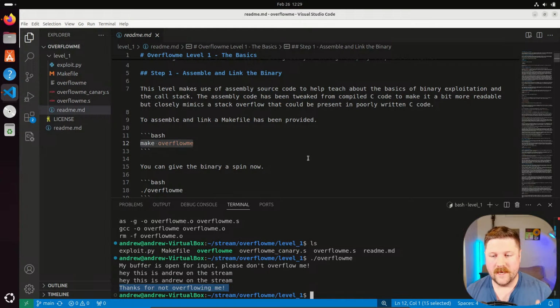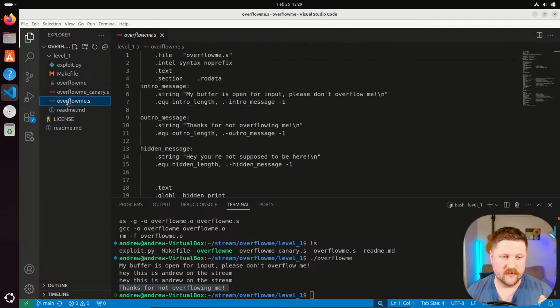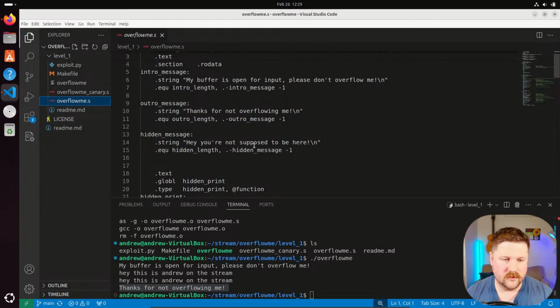So the next step in this one, since this is designed to teach more about what happens in the background with buffer overflows, is we're going to take a look at this from the inside, at the source code. So not disassembling or really reverse engineering at this point. We'll just be reading it. It is compiled from this assembly file right here, which mostly comes from C code that I wrote and then assembled into assembly. However, I did make a few small changes to it so it's a little more readable